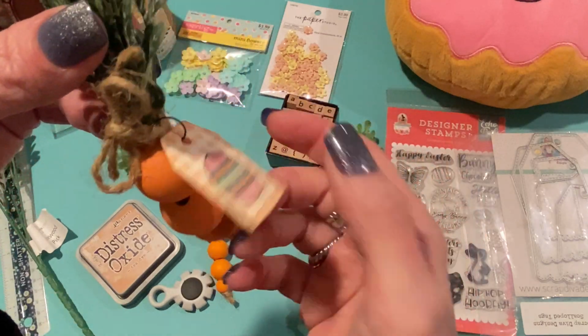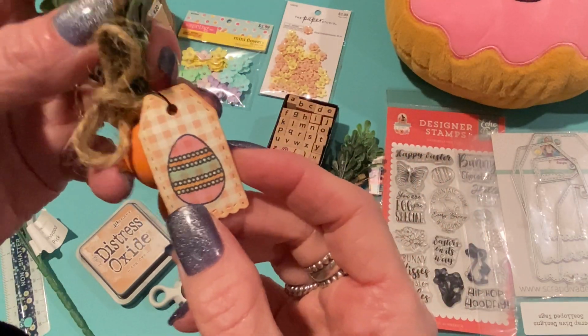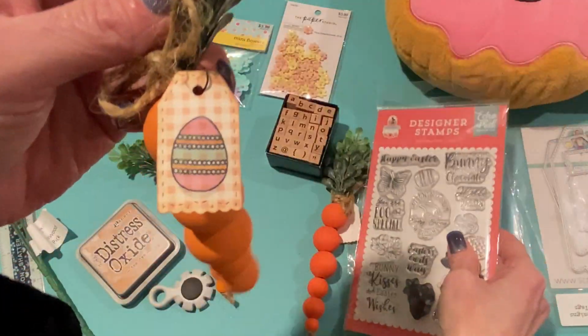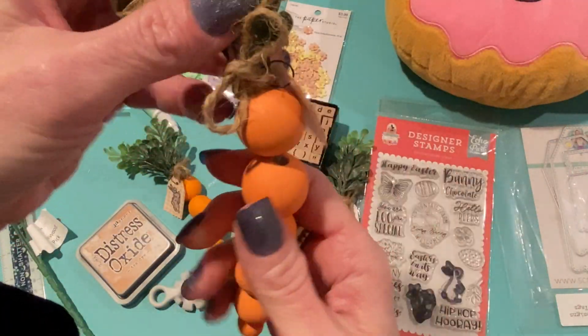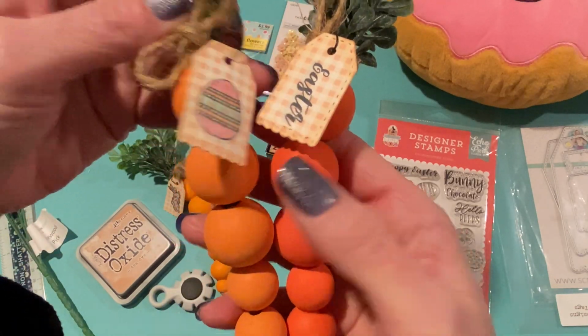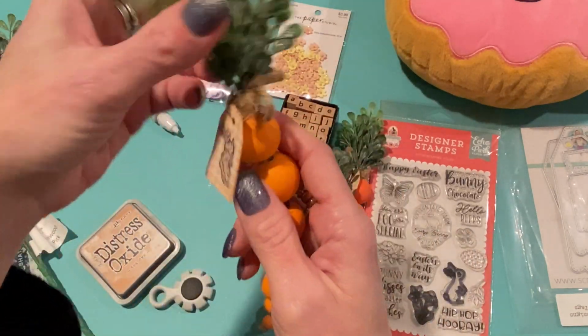This one's done the same way, but I used an Easter egg stamp, and that is also from this stamp set right here. And I colored it with some alcohol markers, and the color is just a little bit different, as you could see. And then this one, same thing, but I used this